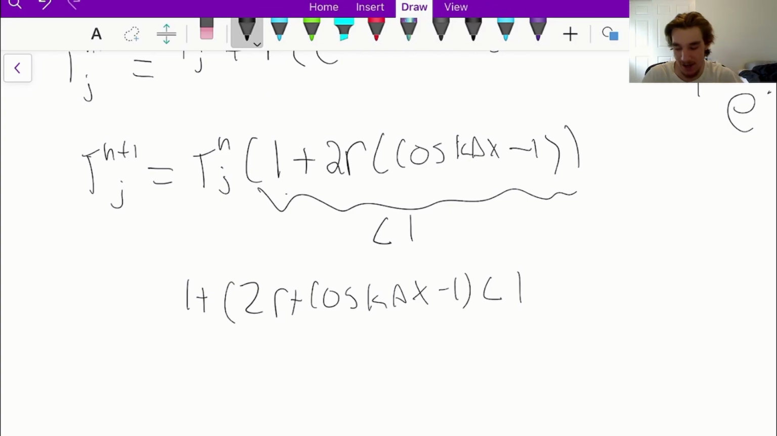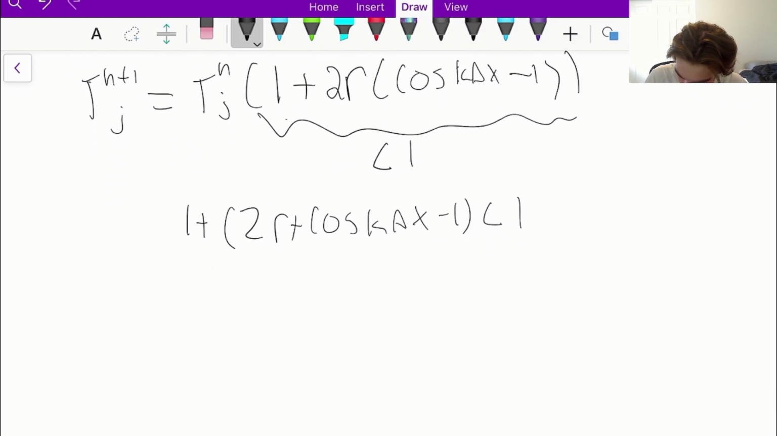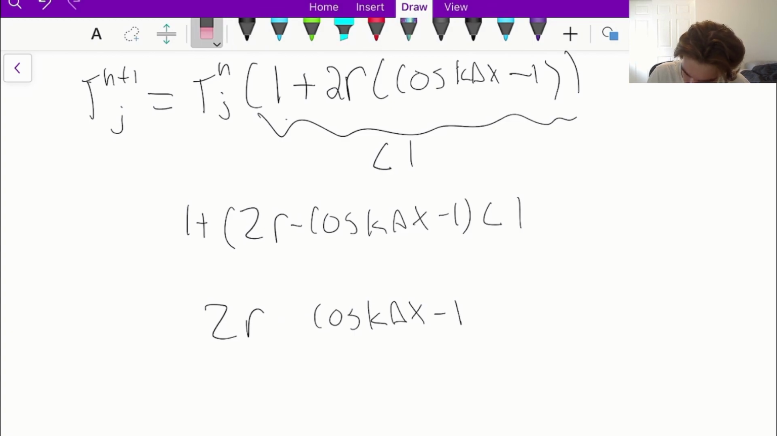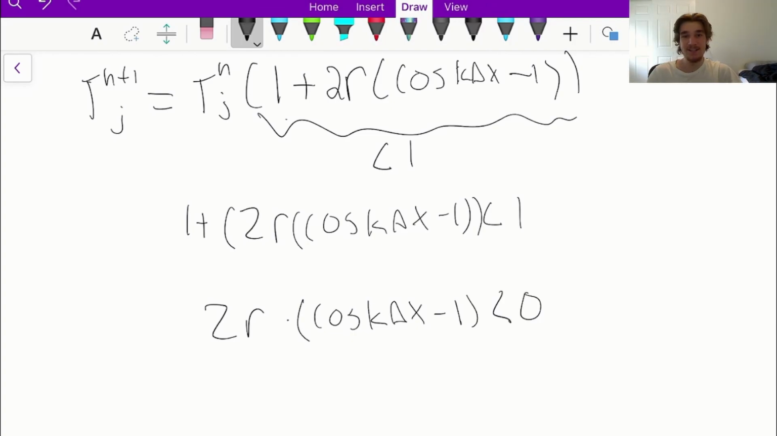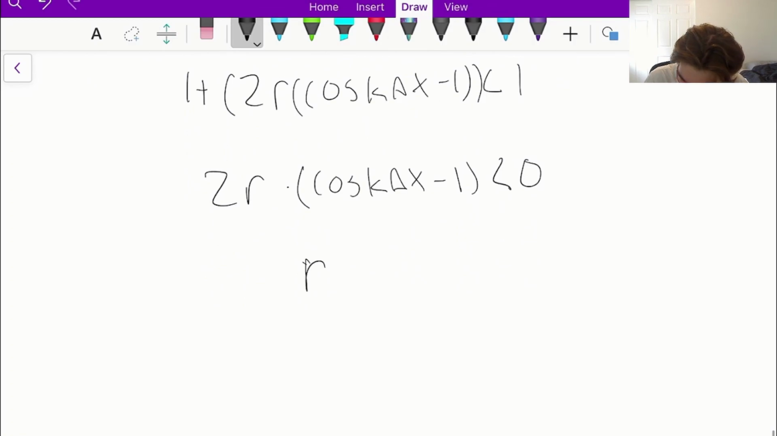So once we get that, now we want to move this one over here. Okay, so we get 2r plus cosine k delta x minus 1. Oh, I did not mean to put plus there. This should be times. Apologize for that. Cosine times. We have our final right there. So once we go ahead and get that, we can go ahead and simplify this, and r is going to